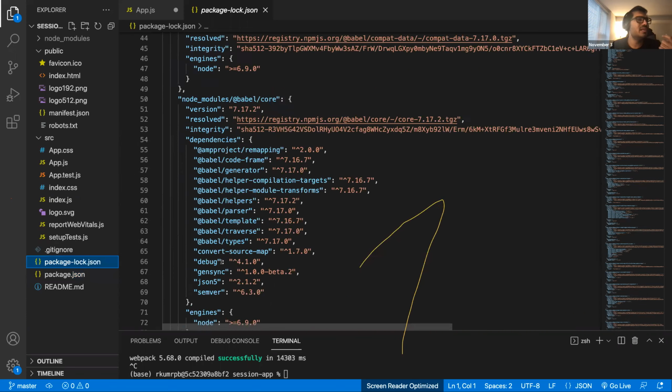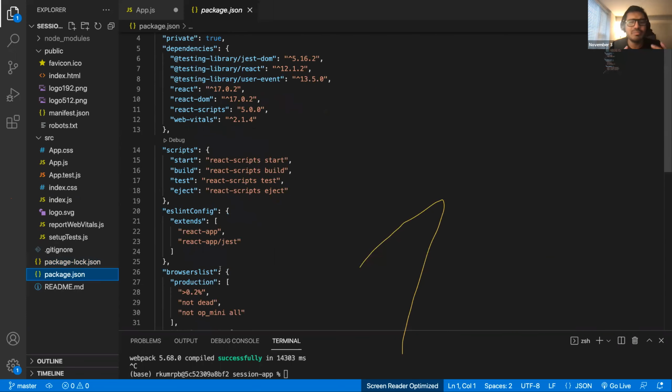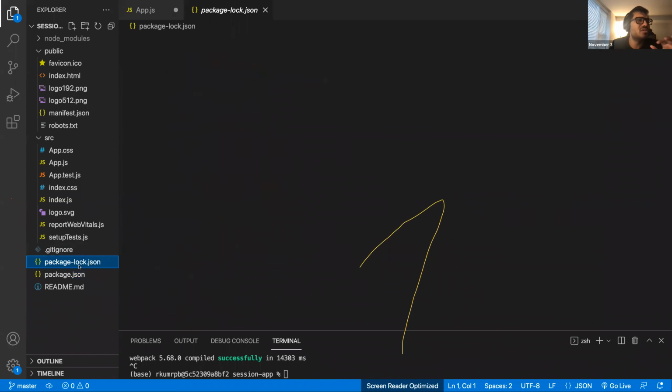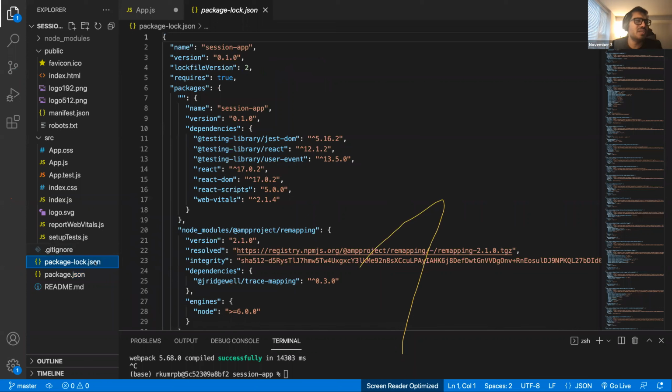package-lock.json क्या करता है एग्जैक्टली? package.json का जब भी तुम npm स्टार्ट करोगे, npm बिल्ड करोगे, तो ये फाइल क्रिएट होती है। दैट सेज कि जितने भी तुम्हारे डिपेंडेंसीज हैं उनका एक लॉक्ड वर्जन क्रिएट हो जाता है package-lock.json में। मतलब कि एग्जैक्टली इस डिपेंडेंसी का ये वर्जन यूज होने वाला है, उसको सबको रिजॉल्व करके ये package-lock.json में रखता है। इस फाइल को अगर तुम डिलीट कर दोगे तो ये फाइल फिर से क्रिएट हो जाएगी।